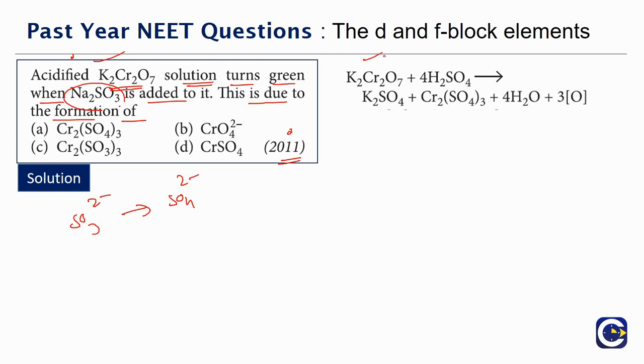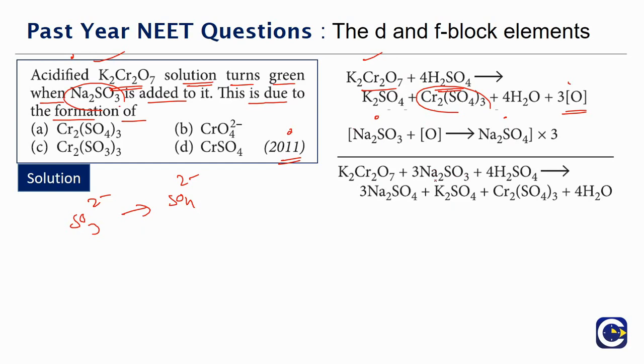So what will be the reaction? Acidified dichromate will be converting itself into chromium sulfate, and thereby it will be releasing the nascent oxygen. The nascent oxygen is what will be able to oxidize sulfite into sulfate. So since here we will get 3 oxygens, the requirement will be 3 sulfite molecules converted to 3 sulfate molecules. We can balance the overall reaction, but the question is asking the reason why it is turning green. The green color is because of the chromium sulfate. So formation of chromium sulfate is the reason for the green color. So the correct answer is option A.